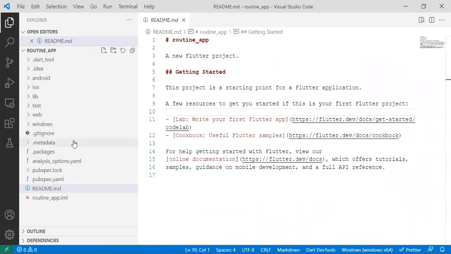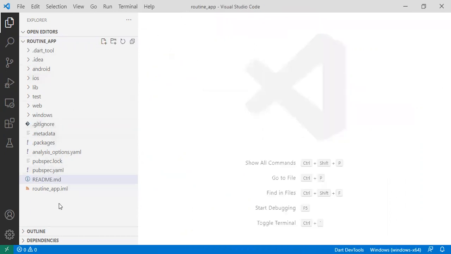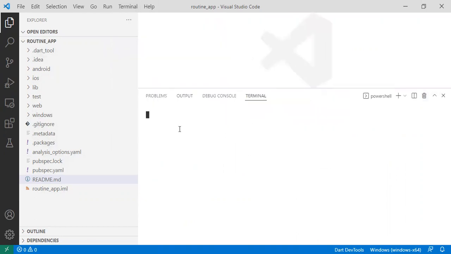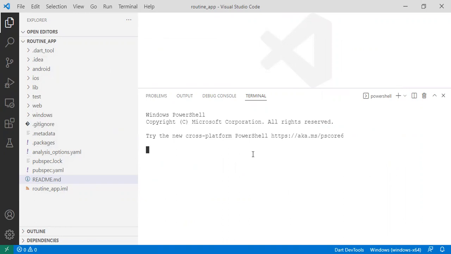Now there's one quick thing that we need to do before we finish up this video, and that is installing the Isar package to the project. This will be our first dependency that we'll be adding to our project. To add this, let's use our VS Code terminal and run the command